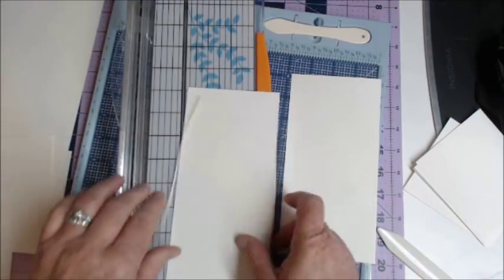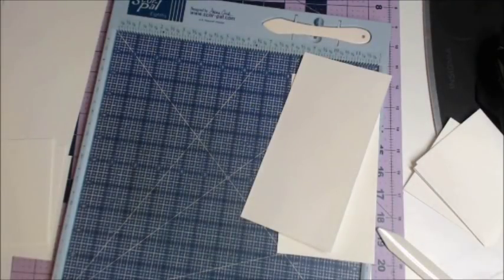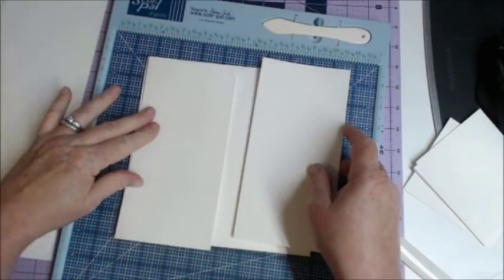And that also, now your gatefold should fit perfectly on the page. Make sure we're not upside down. So when this one goes on,